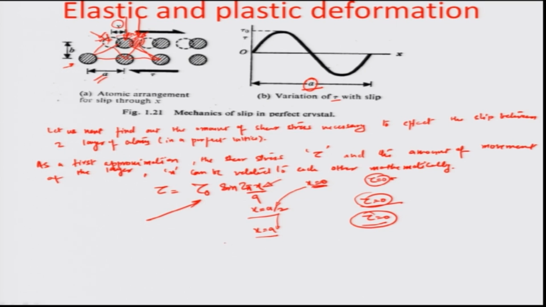So, for small values of x by a, we make a small assumption here that tau is tau 0 times 2 pi x by a. So, the sine is converged to 2 pi x by a, and therefore, the shear strain produced in such circumstance